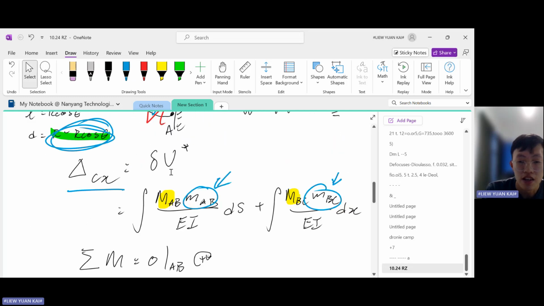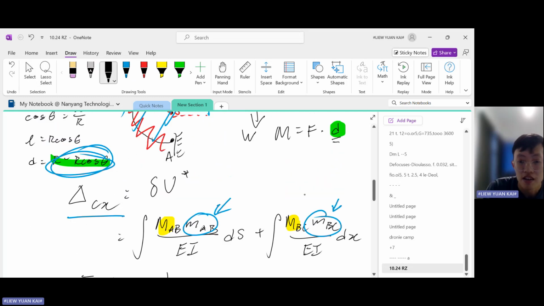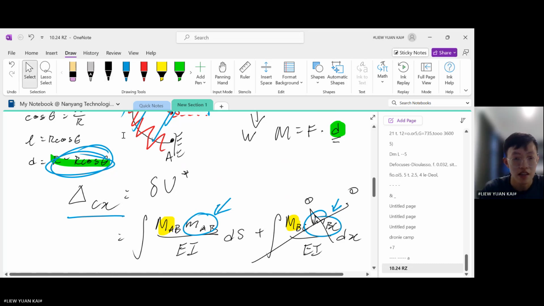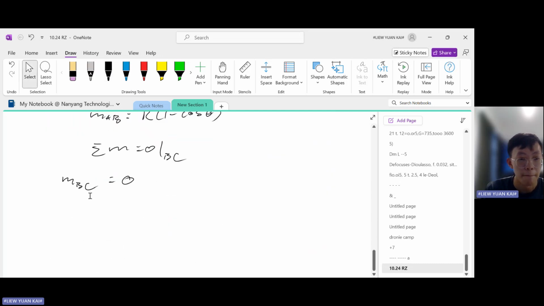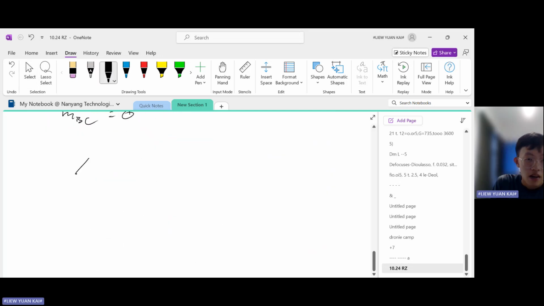Do you know what that means? If you come back here, if we substitute this to be 0, then this whole integral will be gone, because you're integrating 0, and the integration of 0 is just 0. So we only need to care about the first term here. Let's write this down again. The horizontal deflection at C is given by,